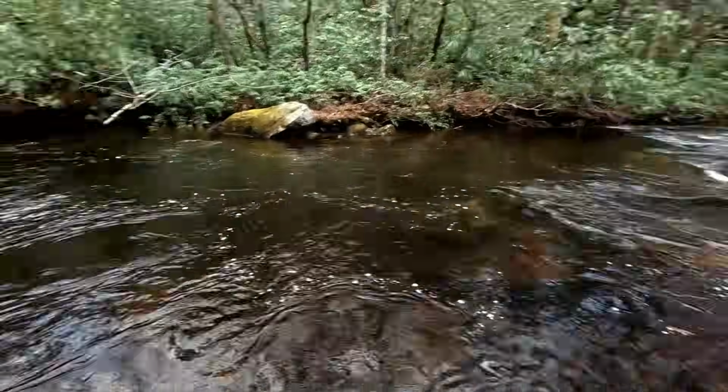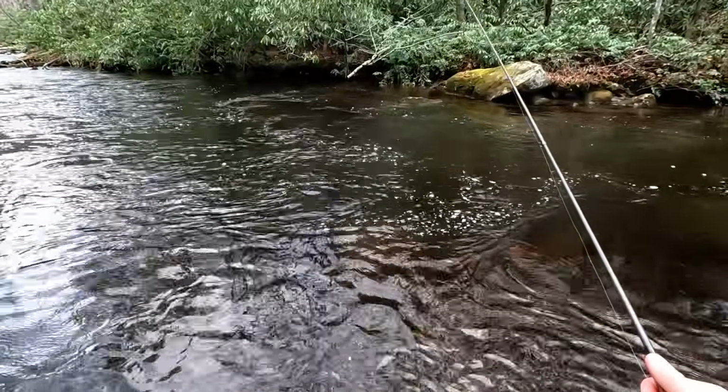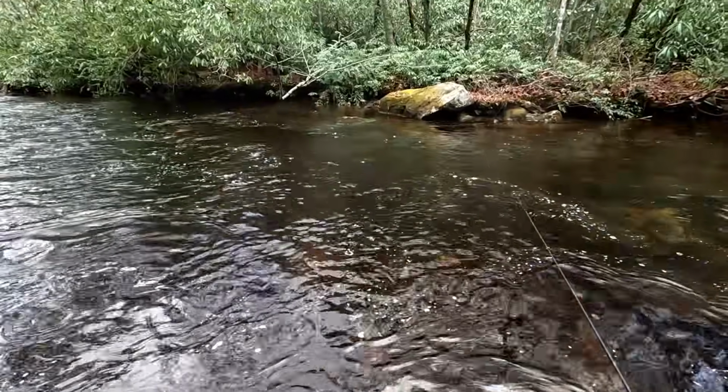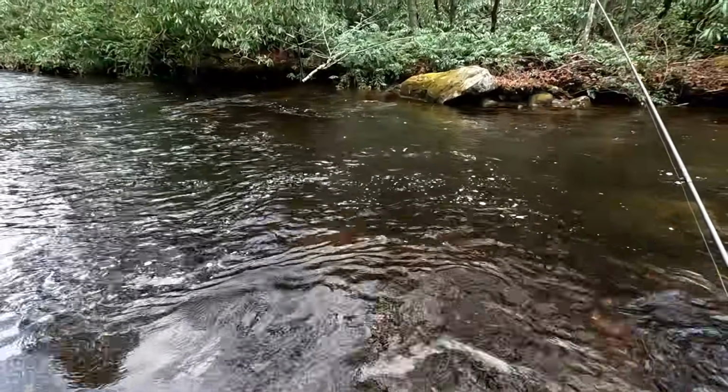Yeah, tailouts can be some of the most productive water, especially as it gets cold. They'll sit in that slower water, and whatever food is drifting through this pool ends up in the tail eventually. So